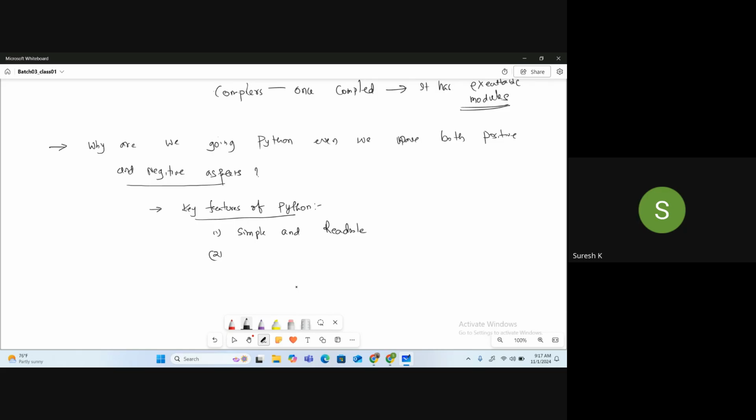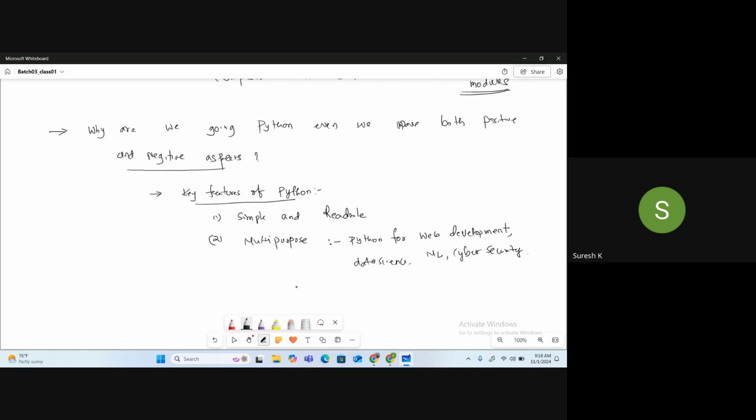Python is versatile and multi-purpose. It means we can use Python for web development, data science, machine learning, cybersecurity, lots of fields.